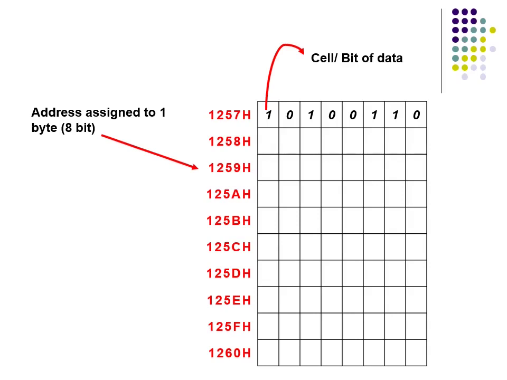And try to understand this: addresses are not assigned to every bit or every cell. It is practically impossible to assign an address to every cell, because a memory will have a pool of cells based on its size. That's why every 8 bits or cells are arranged and called 1 byte, and to such a byte we assign an address. So every byte has an address. It is also called byte addressability, which we discuss in a later part of the session.